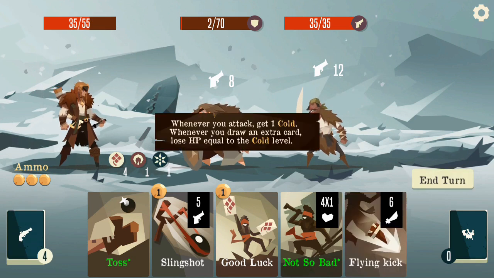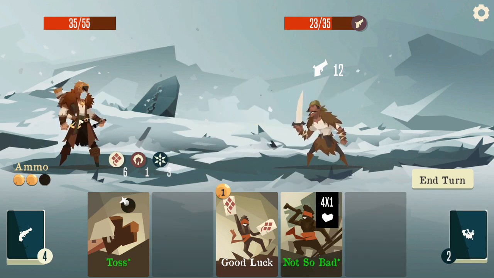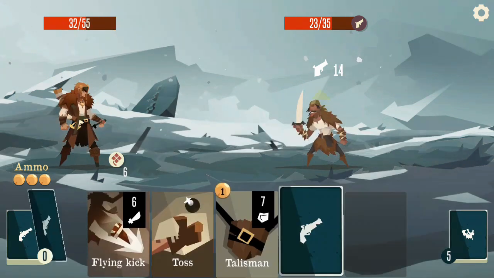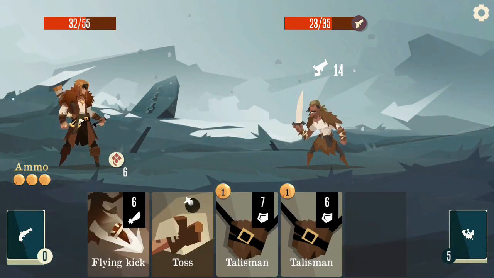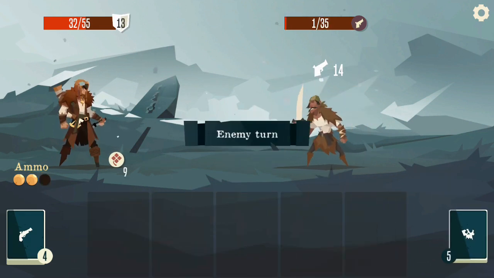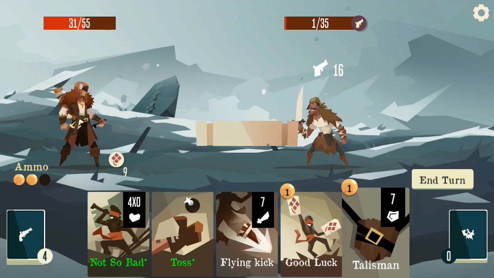Whenever you attack, you get 1 cold. Whenever you draw an extra card, lose HP equal to the cold level. So yeah, I don't think that's enough to always justify not taking draw cards, because card draw is very, very powerful. So, I don't know, it sort of depends what you think. But yeah, there's a chance in this area that there's an event that you can get,